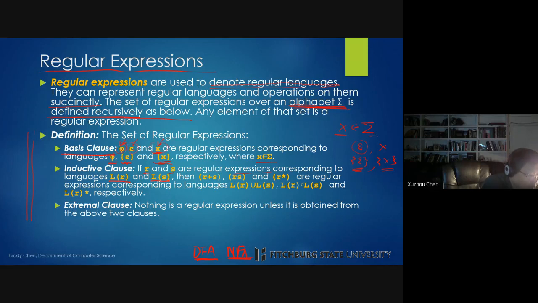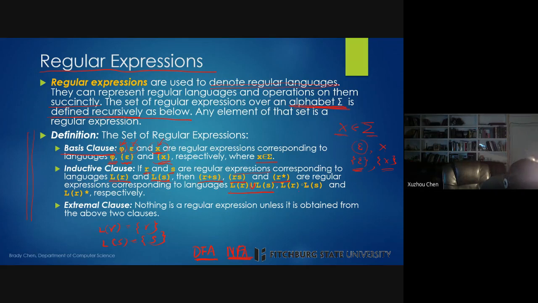Then we can build a more complicated regular expression. LR is the regular language which contains R and LS is a regular language which contains S. And then we say R plus S, R times S, and R star are also regular expressions in the regular languages LR union LS,